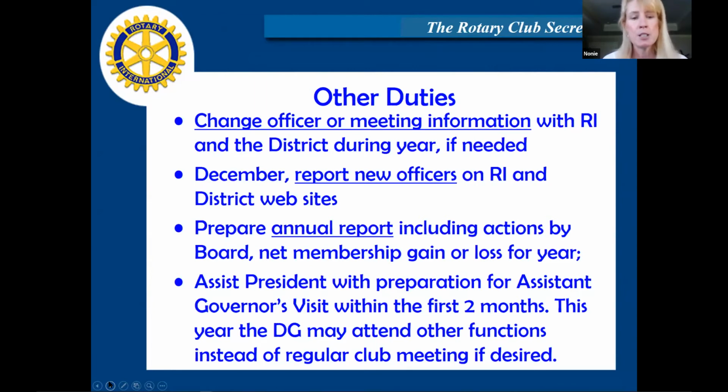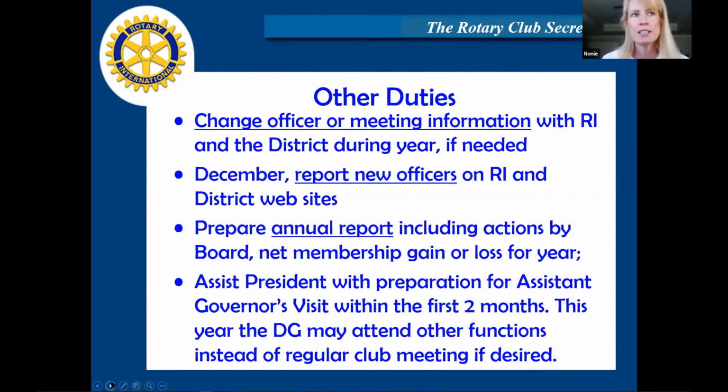Let's see, assist president with preparation for the assistant governor's visit within the first 2 months. And this year, the DG may attend other functions instead of a regular club meeting if desired. Now, that is not to say I know that Rich will not come to your meeting if you really, really want him to. But this year, I know he is planning on having all of his area assistant governors visit your meeting within the first 2 months.